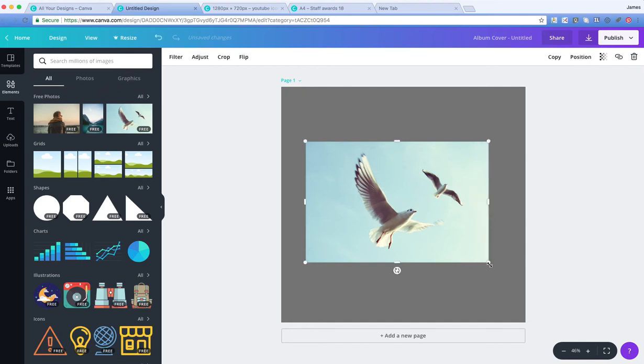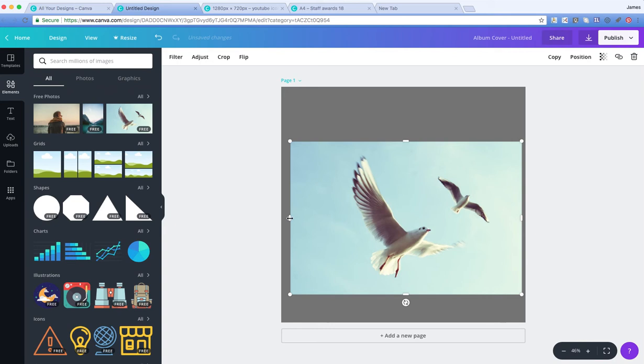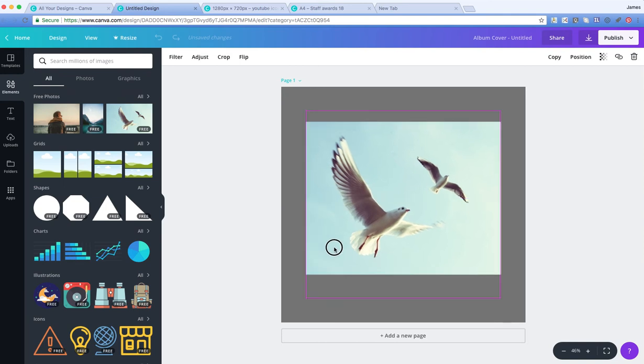So by clicking on the dots on either corner, you can resize the image. By clicking on the little lines in the middle, you can actually crop it. So we wanted to crop it and position that. And then you can see the guide appear as we position it centrally, so that magenta guide appears